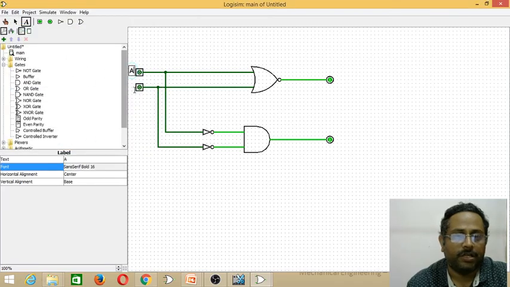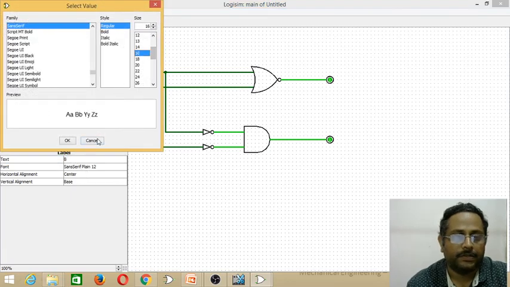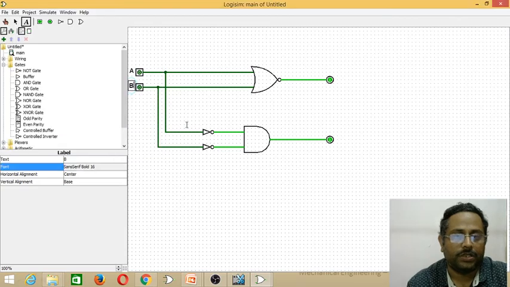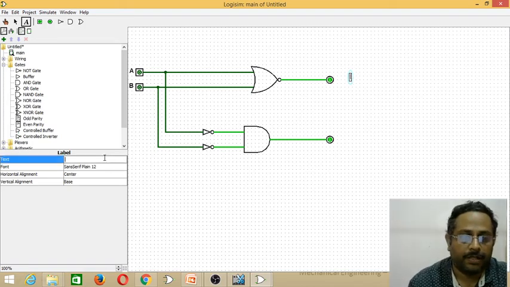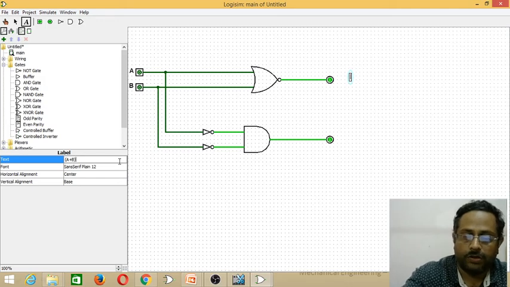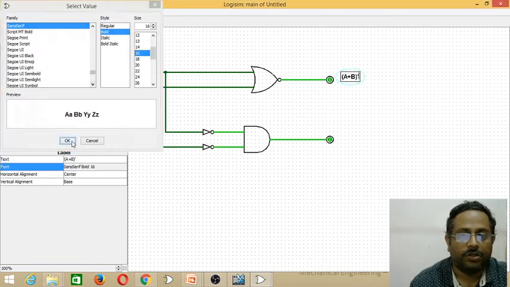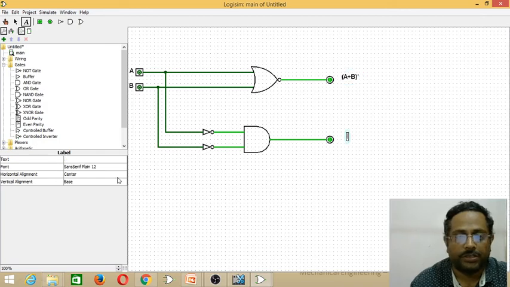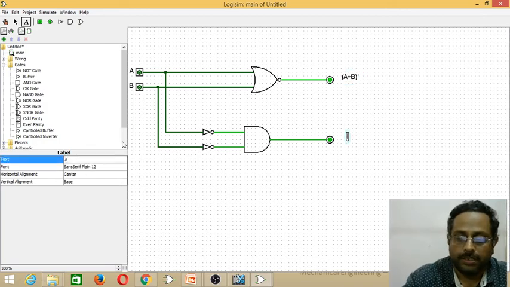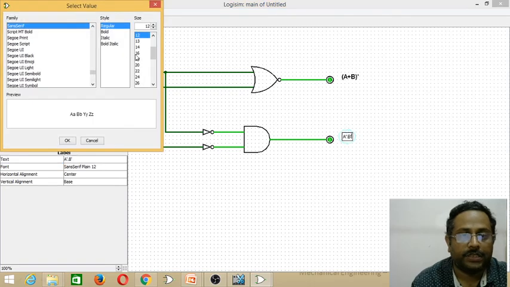The same way for B, 16, bold, OK. In the same way, add the LHS output, that is A plus B whole bar, make it font 16, bold, OK. Then the RHS output, that is A bar dot B bar, change the font to 16.